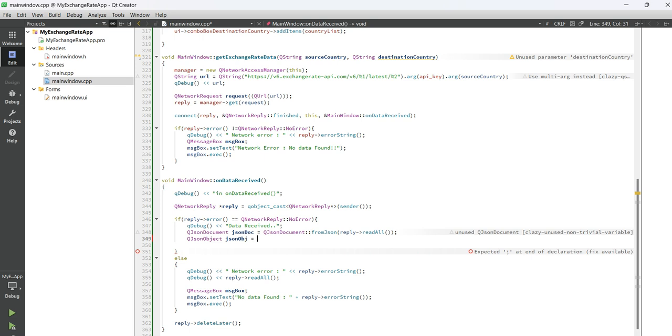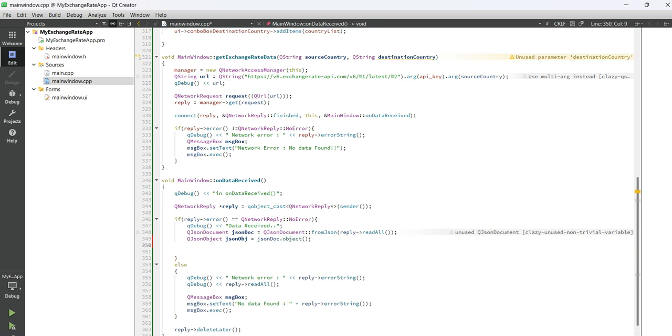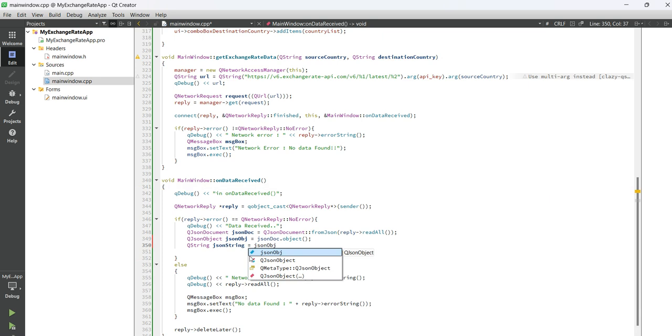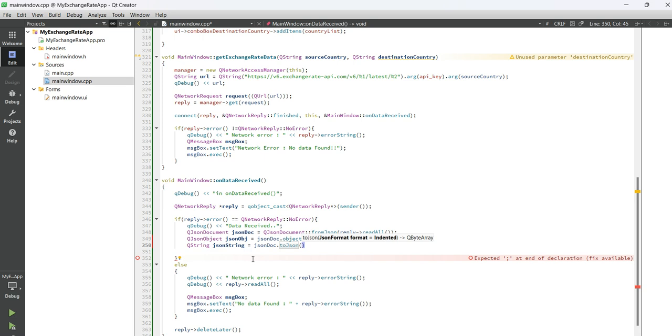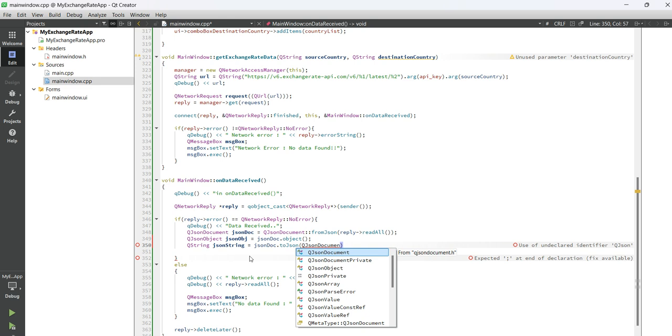JSON of GJ equal to JSON doc dot obj. You can get it like this, and then for debugging purpose, we will print the JSON returned by the REST API. So we will declare one string variable, JSON string, and we will say JSON obj dot toJson, no, JSON doc dot toJson, and then here I'll pass one parameter, JSON document